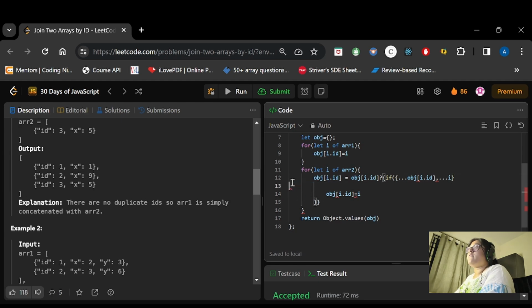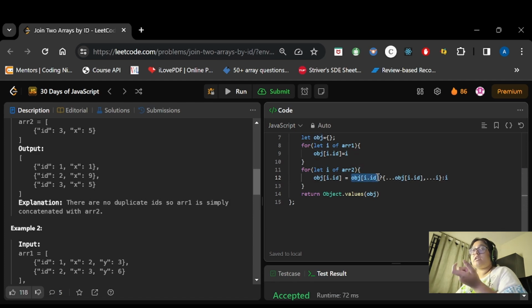Otherwise I will simply add I here. So what we are doing here is checking whether obj[I.id] exists or not, meaning whether the key exists. If it exists, we use the spread operators to copy the values, and otherwise we just add the value directly.